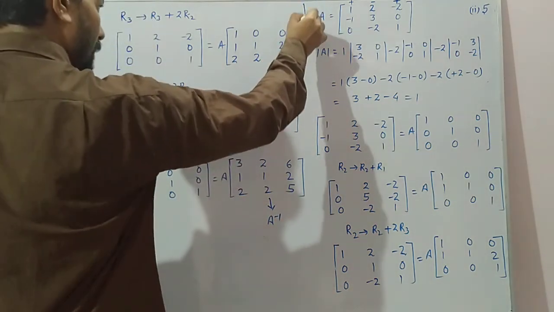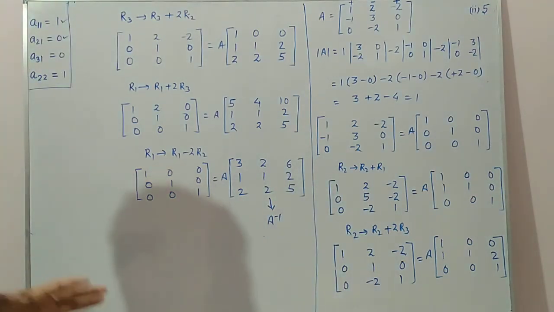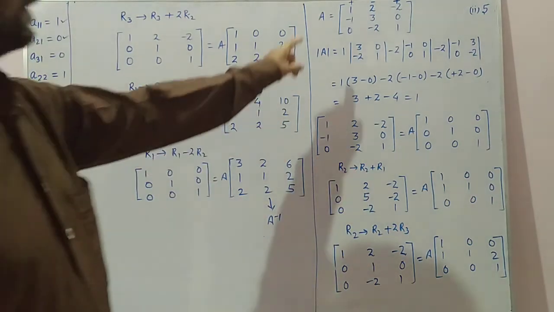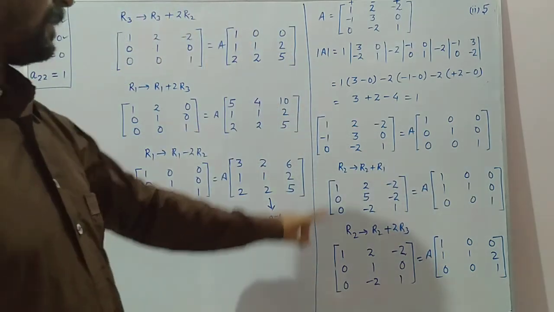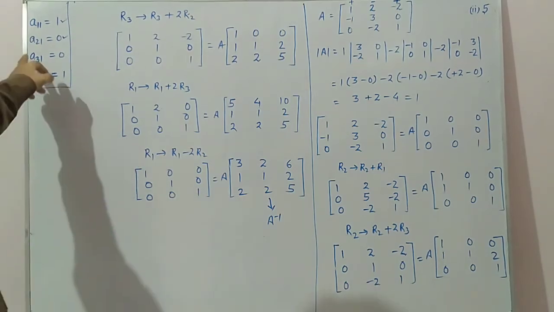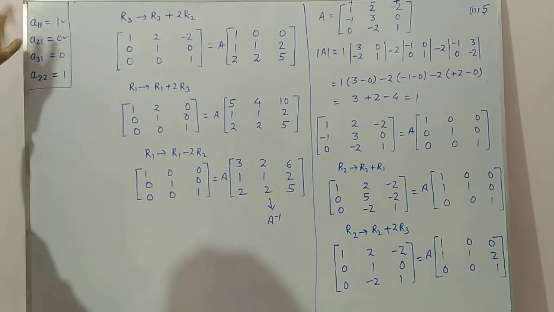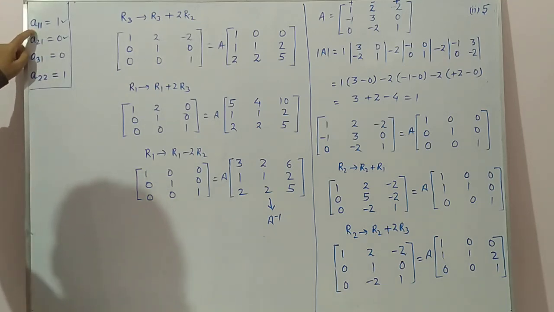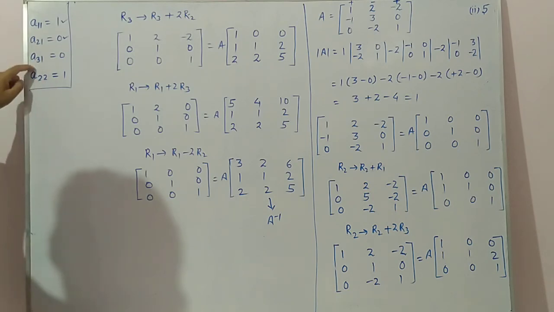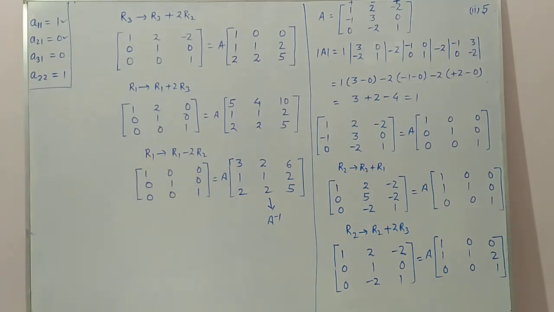Here also, we did the same thing. First we find the determinant. After that, this is already 1, so we are converting this one to 0. This is already 0. Then next we convert A22 to 1. The rest you can easily think and do. So these are the 4 steps. First make A11 1. Then A21 0. Then A31 0. Then A22 1. The rest you will necessarily get. Okay, so we are completing this exercise.